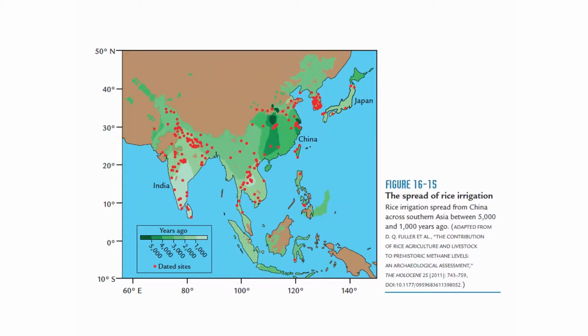So here is the example of rice irrigation between 5,000 to 1,000 years ago, and much of India, including Mohenjo-daro, Harappa, going off into the Hindu Kush mountains and so on, all the way into Japan, China, all the way north, and into South Asia and Southeast Asia. All these are in good monsoon regions, and the rice eating culture now is very strongly established in these regions, and this leads to other issues like how do you adapt to new food types.